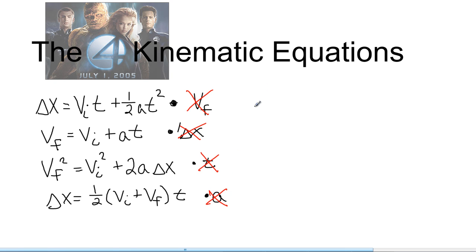Now, these are all derived from the previous equations that we've had, and I will sit down and show you if you want me to, or you can just Google it, and somebody else has already put a video up of deriving these four equations. These equations are very old. They've been around for years, so somebody else has already taken the time to derive them. If you want to look them up, you're more than welcome to, but these are the tools that we are going to be using. Now, I will work some example problems later on,